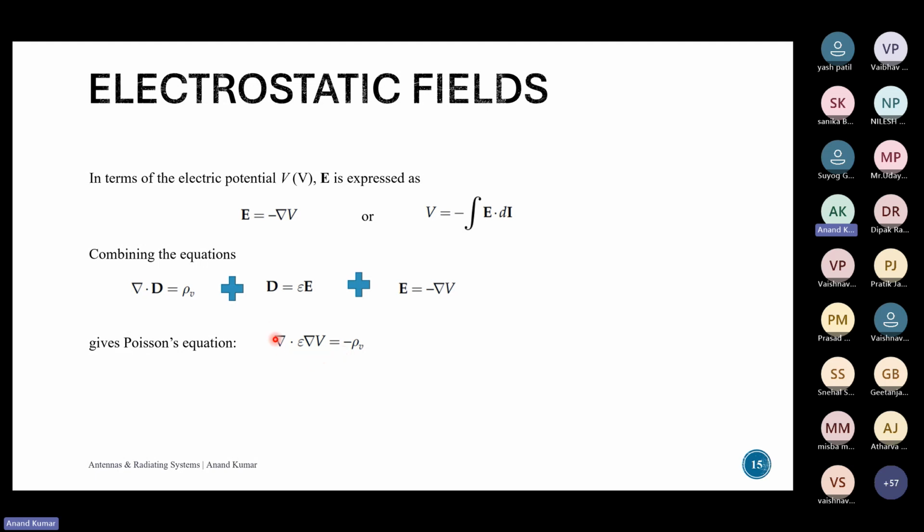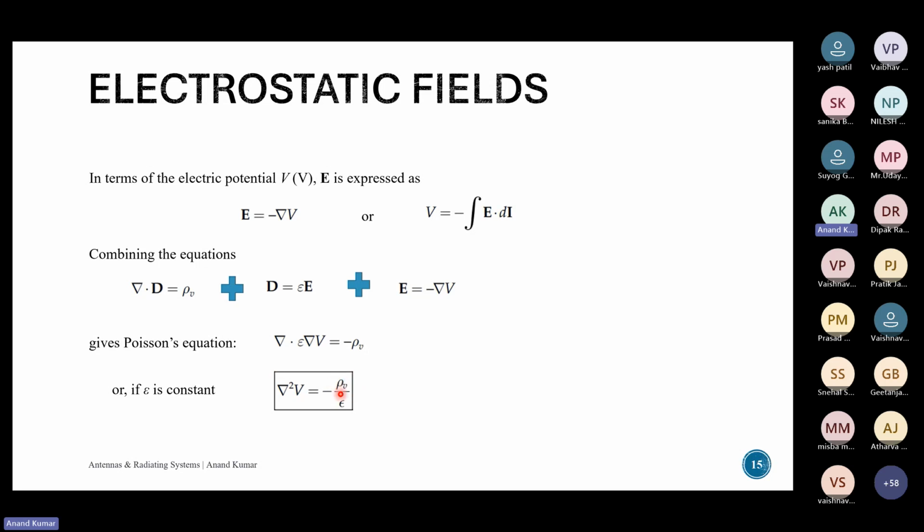So Poisson's equation is the divergence of epsilon times the gradient of electric potential, which equals the volume charge density. Usually this epsilon is constant, so this simplifies to del square V equals negative rho V by epsilon. So this is the popular Poisson's equation, and in the case when your volume does not